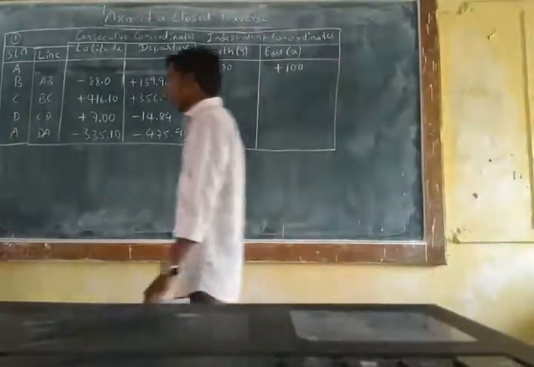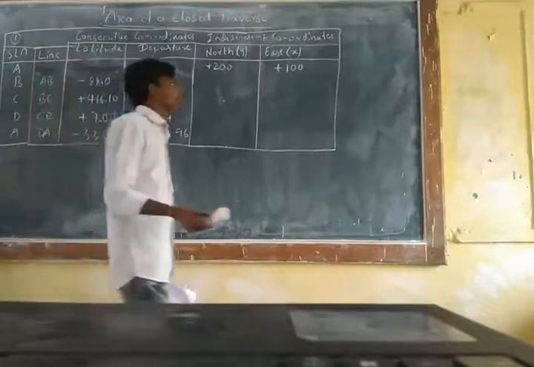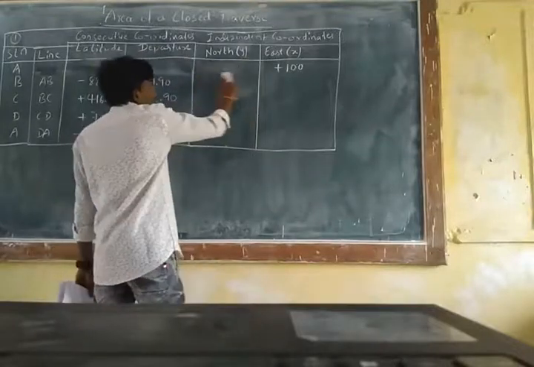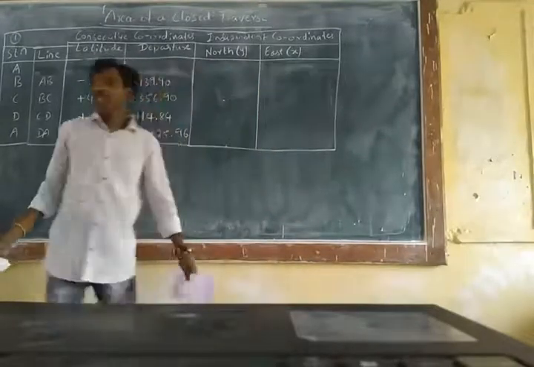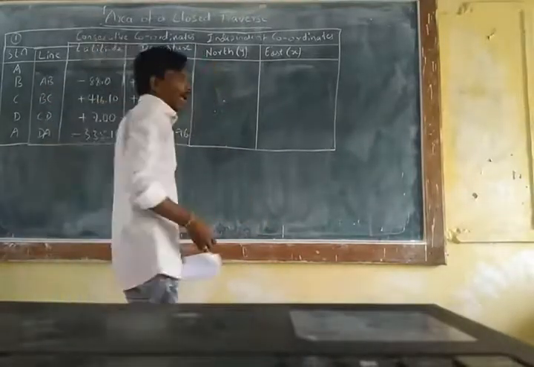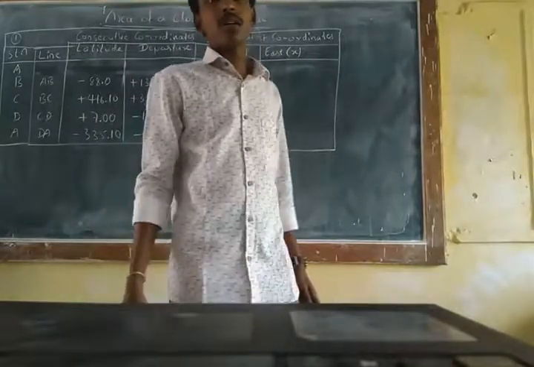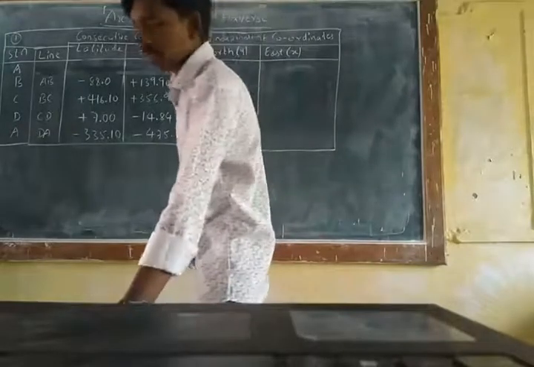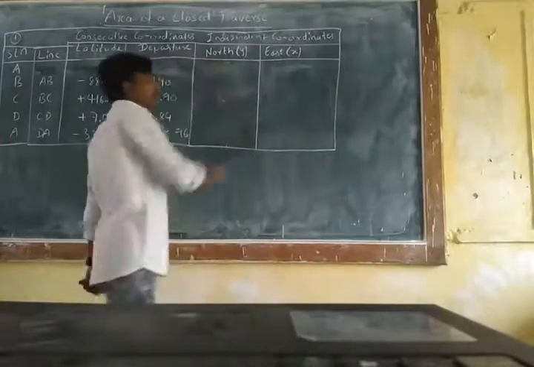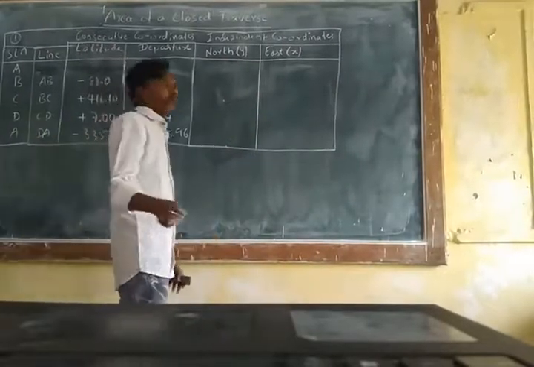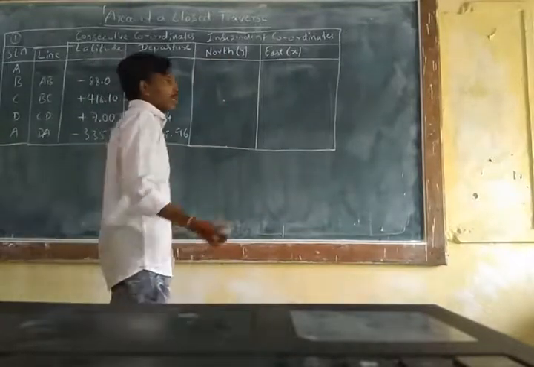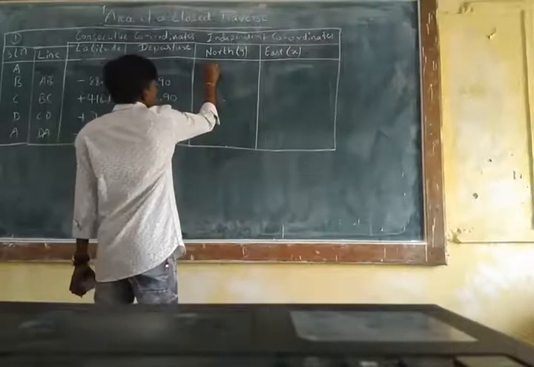But here, as they have the notes, they can see the answers there, so I will assume something different. If not, it will be the same as the notes. I don't want to make the same copy of the notes. I want to make students understand, so I'll assume something different. Say the number like 300 or 350. So I'll assume here